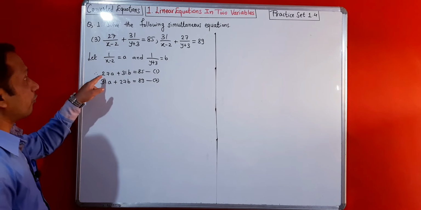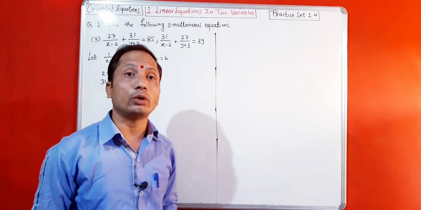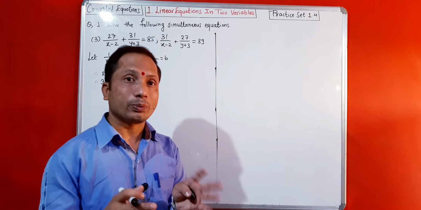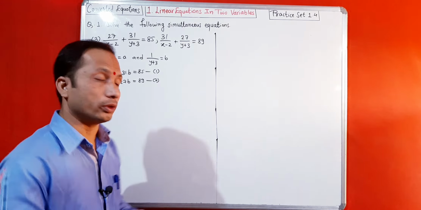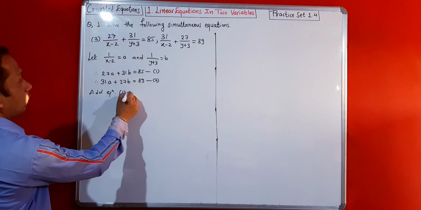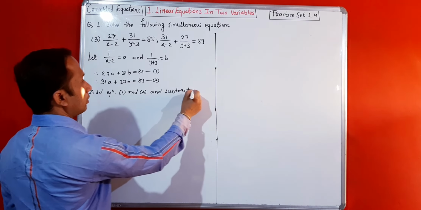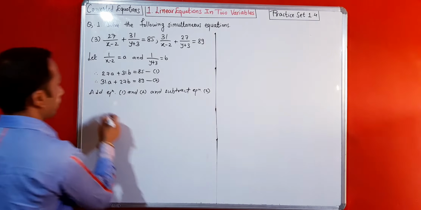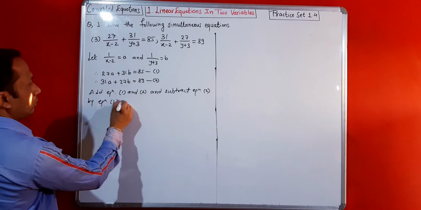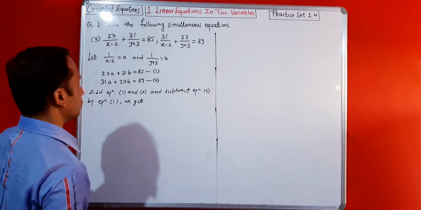We know that if this type of values are alternately given in any linear equations, then we have to add the equations one time and subtract the equations one time, and whatever equation is obtained, we just do the process on that equation. Finally we'll get the solution. So add equations 1 and 2, and subtract equation 1 from equation 2. Whatever we get, we'll write. So first add 1 and 2, and then subtract equation 1 from 2.